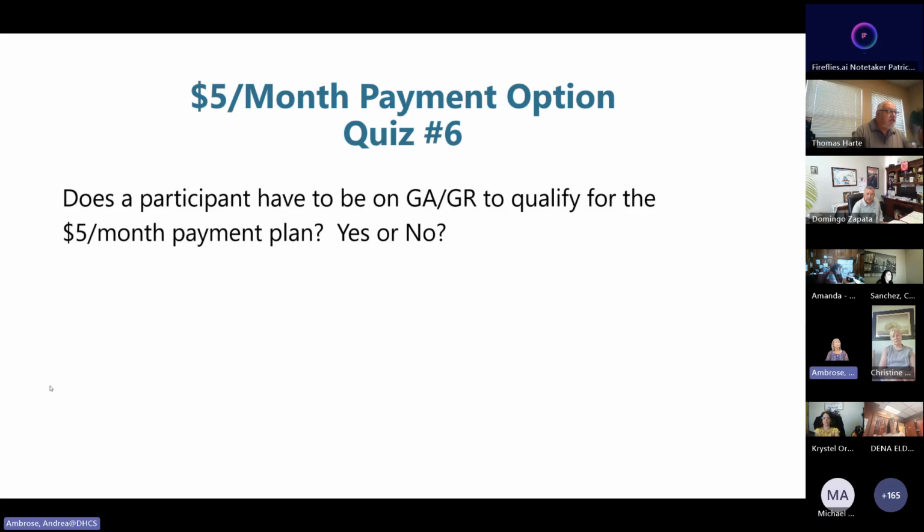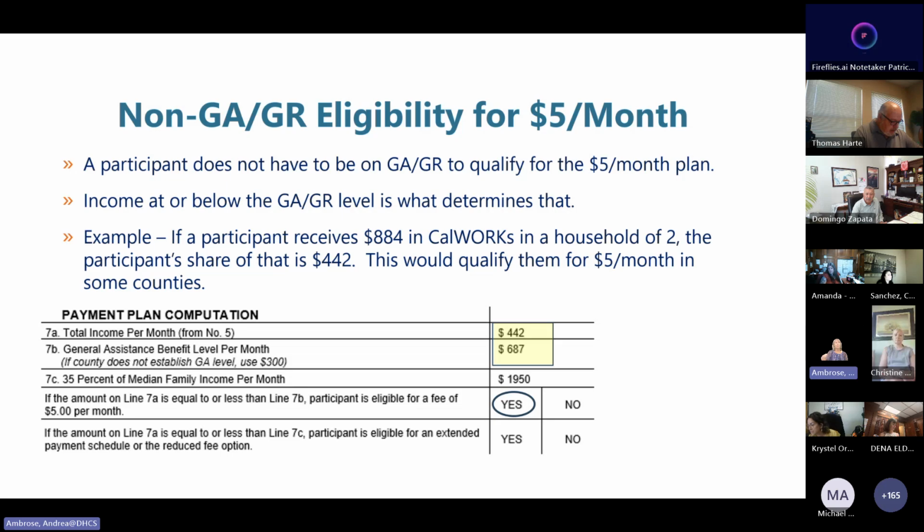Okay, most of you know it looks like the answer is no. A participant does not have to be on GA or GR to qualify for $5 a month. Again, the regulation tells us that a participant simply has to have income either at or below that GA level in your county. So we look at their income per month.